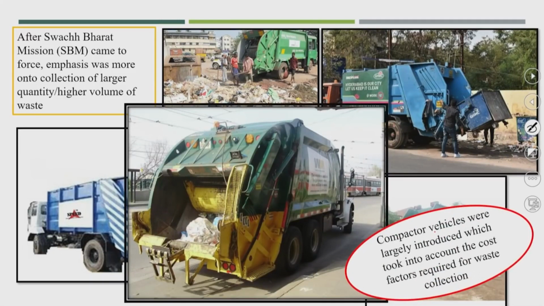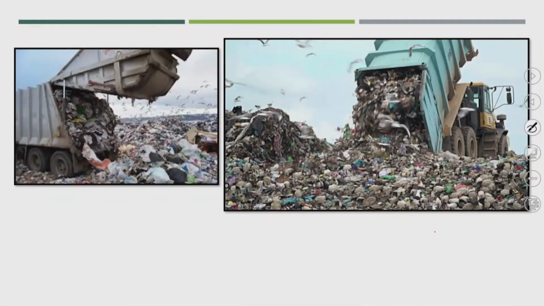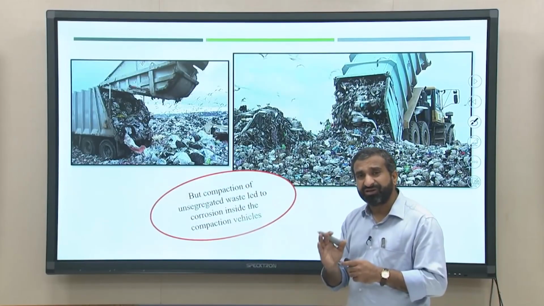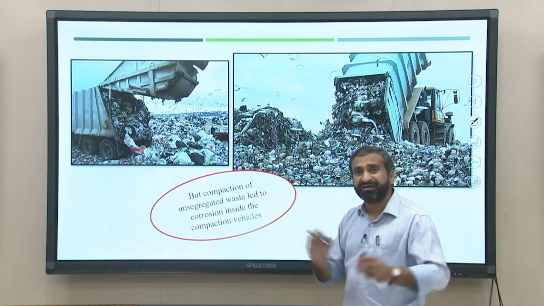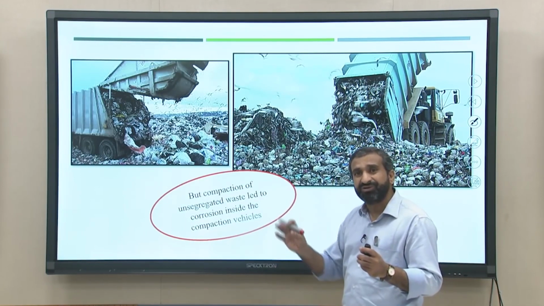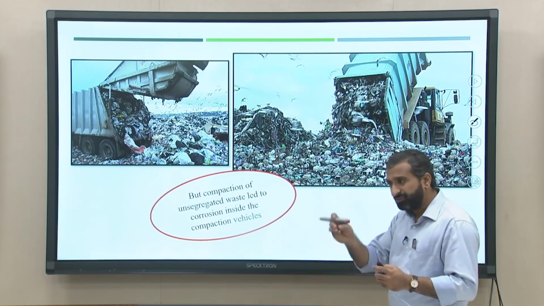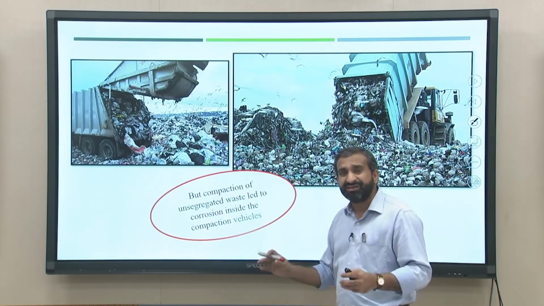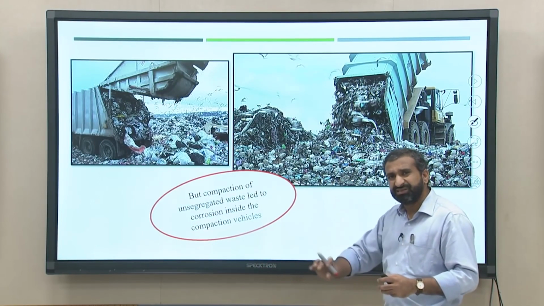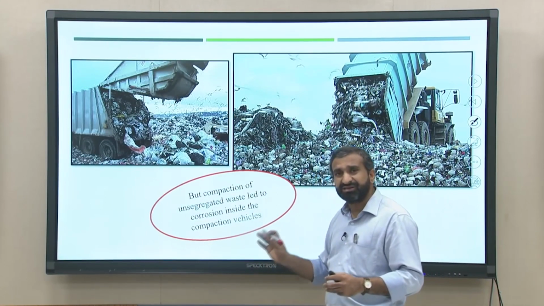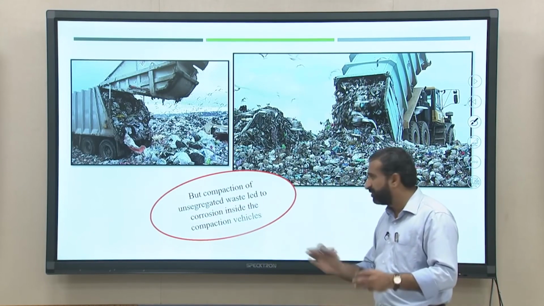So, you see here the compactor vehicles, but the problem was that unsegregated material was getting compacted. So, obviously, when this 40 to 50% or up to 60% biological matter gets compacted, a lot of moisture will come out, and this leachate, whatever spillage or leachate was coming out after compaction of this waste, was highly corrosive. The pH is normally acidic, 3 to 4, and because of that a lot of these compactor vehicles got damaged because of corrosion.